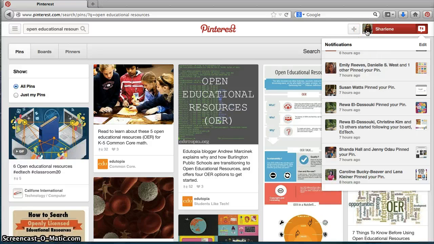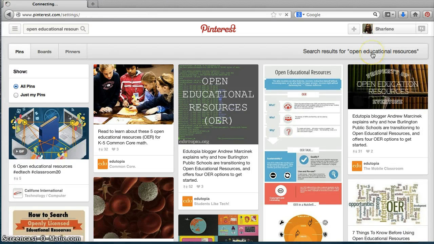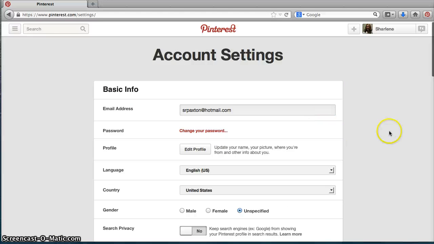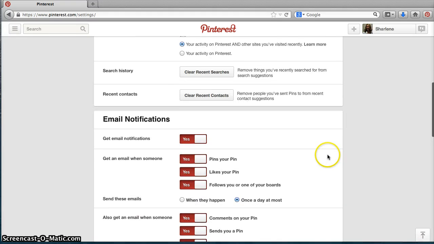When I click on the icon of my image, I have options to find friends, follow boards, visit the help center. I can log out. I can go to my settings where I can change my password and edit some information, but I can also